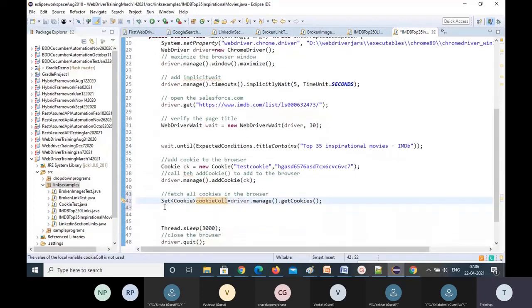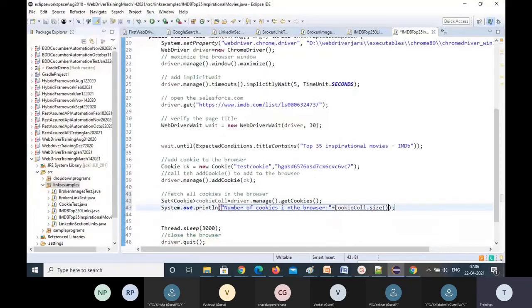Now you can find out how many cookies are there in this browser. So, number of cookies in the browser. Just call the cookieCollection dot size method, and it will automatically print that.